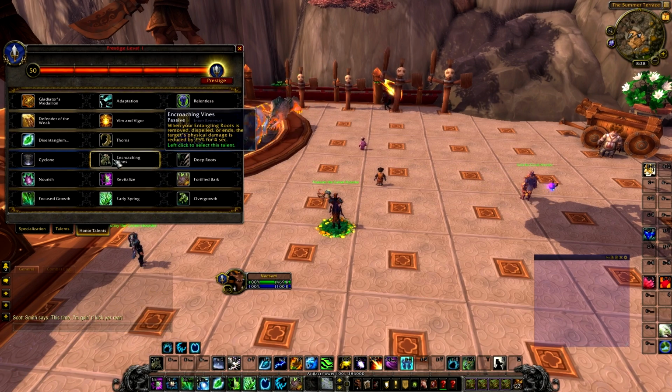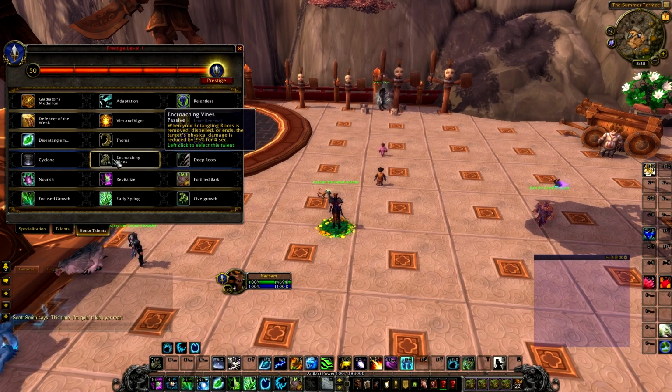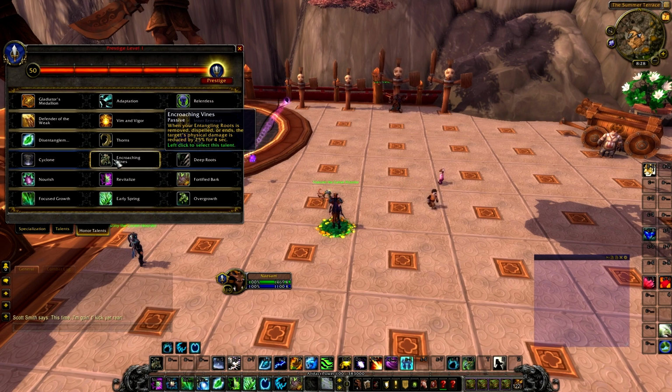Encroaching Vines. When your entangling root is removed, dispelled, or ends, the target's physical damage is reduced by 25%. So for one thing, it's only physical damage, but you don't really root ranged all that often, other than for LOS. And physical damage also applies to hunters, most specs of hunter, I think. I don't know, I haven't tested hunter that much. I mean, it's not bad, but only 4 seconds, and you don't really root that often. It could be good for stopping a burst, but you have to stop and fully